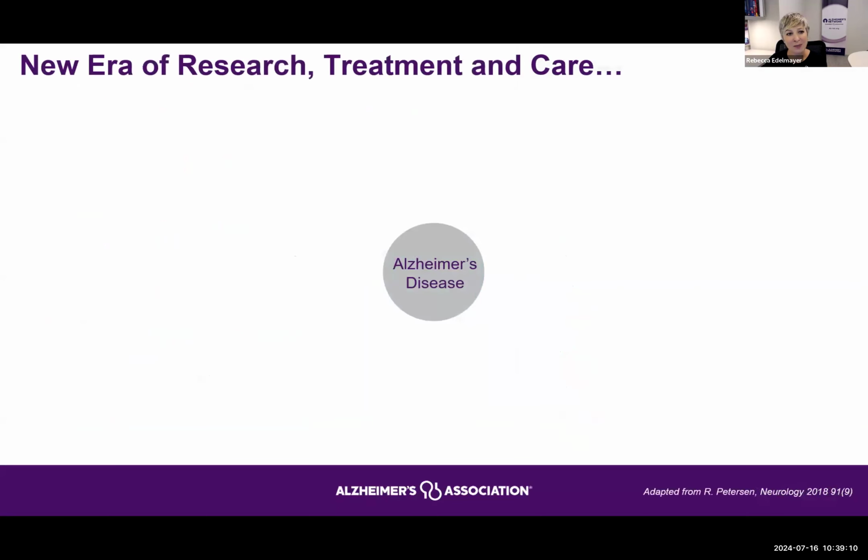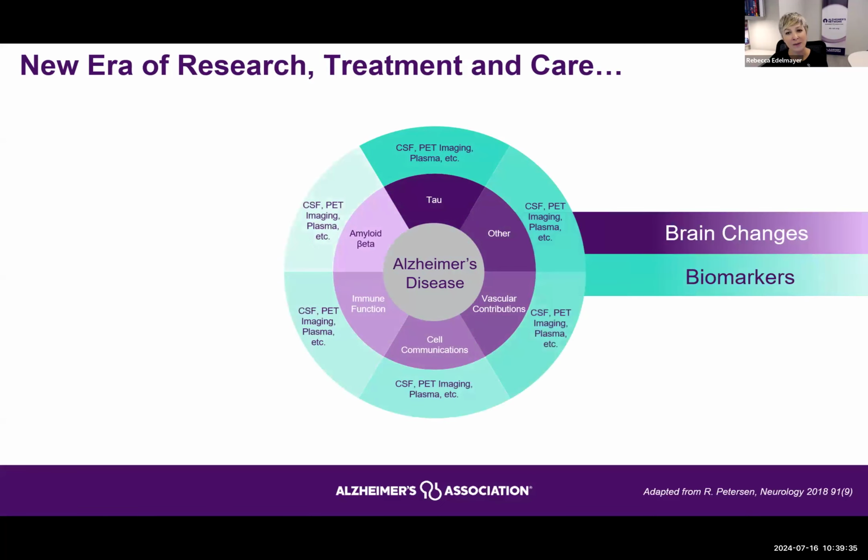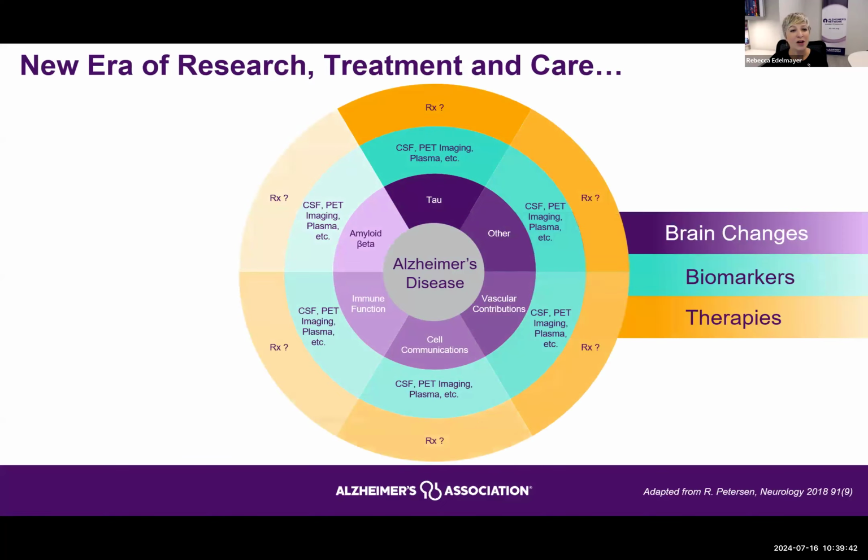I'm going to wrap up by saying I hope I was able to show you a little bit about what you might experience, the categories of research you'll see presented at AAIC For All when you participate on August 1st. And just an example again of Alzheimer's disease and where we're going. We're trying to understand the underlying biology, what those brain changes are, so that we can better understand the biomarkers that define them, better detect and diagnose the disease at its earliest stages, and then develop treatments for those different aspects of these diseases.